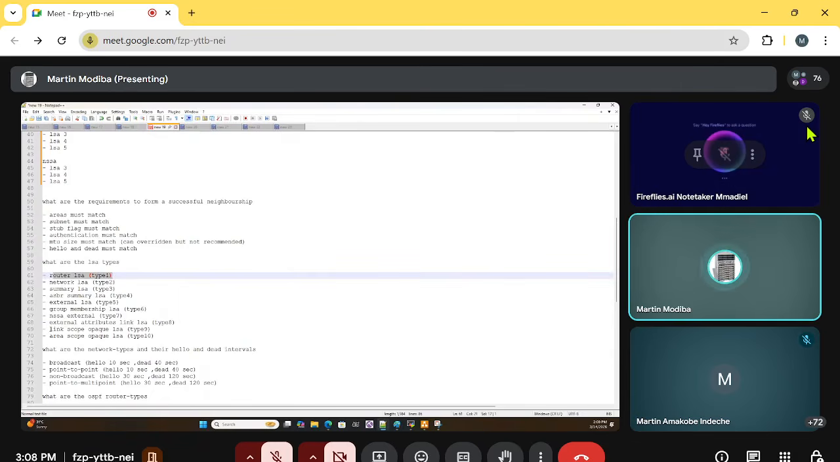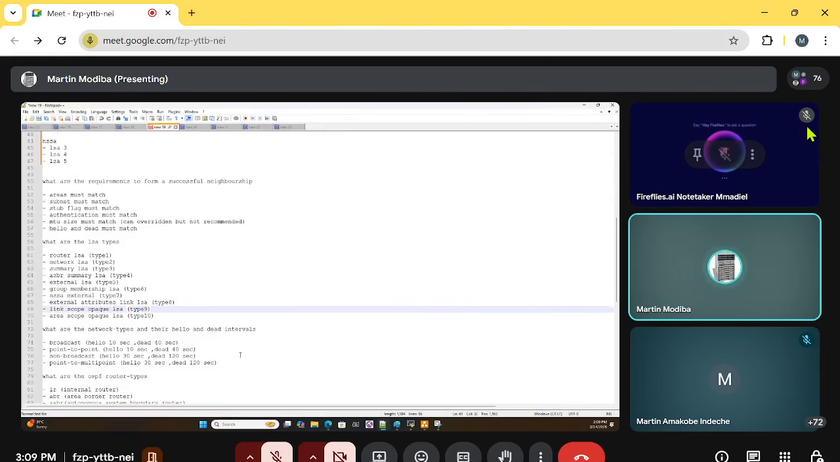And then LSA type 9 will be your traffic engineering LSA, mostly used in MPLS environments. I haven't seen these in action. I haven't seen companies using these LSAs. Most companies that I've seen in the service provider environment, they rather want to use ISIS. And then let's go to